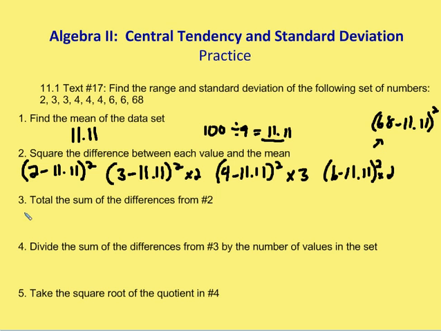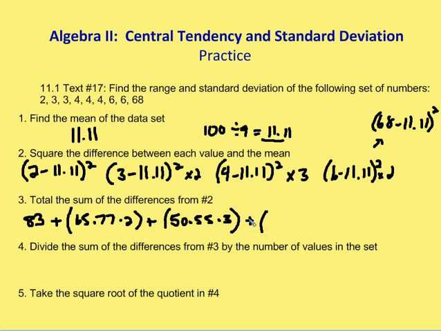So I'm going to take the total and I'm going to add them up. Now if I take 2 minus 11.11 squared, I get 83 approximately. And then I'm going to add 3 minus 11.11 squared, which is 65.77, and I'm going to multiply that by 2, because I have 2 3s. And then I'm going to take 4 minus 11.11 squared, and I get 50.55, and I'm going to multiply that by 3. And then I'm going to add the square of the difference between 11.11 and 6, and I get 26.11, and I'm going to multiply that by 2. I have 2 6s. And then finally, I'm going to take the difference between 68 and 11.11 and square it, and I get 3,236.47. So if I take all these values and I add them up, I'm going to come up with a total of